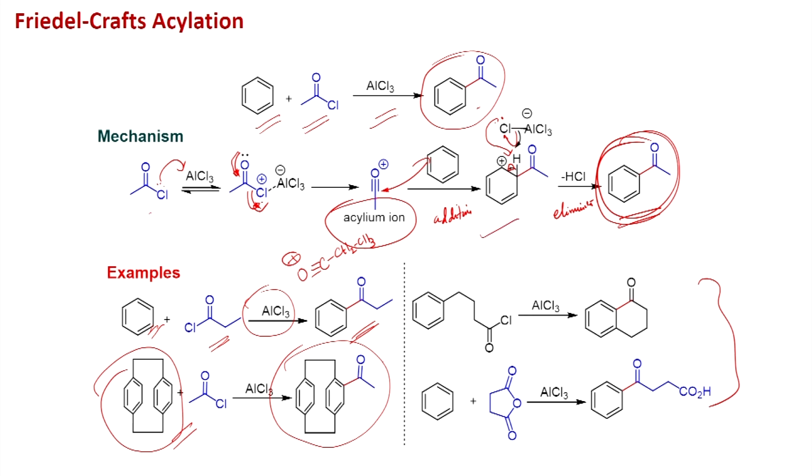The reaction of acetyl chloride with benzene gives acetophenone as the product. You can see here the reaction of benzene with propanoyl chloride is shown, you give the corresponding ketone as the product. Here again the reaction of acetyl chloride with this system is shown, you can make this ketone as a product. All are intermolecular reactions. This is an example for intramolecular reaction. If you have the acid chloride, you can also react with Lewis acid. It can undergo intramolecular cyclization, as you can see here, you will be able to form this bicyclic ketone.